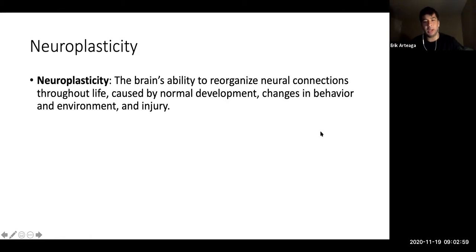So the brain's ability to reorganize neuronal connections throughout life is caused by normal development, changes in behavior and environment, and injury. Okay, and here's where we have neuroplasticity, with people that are able to survive severe brain injuries, or having their corpus callosum cut, or having one of the hemispheres of their brain removed. And again, neuroplasticity points to the fact that individuals can live with half a brain and be